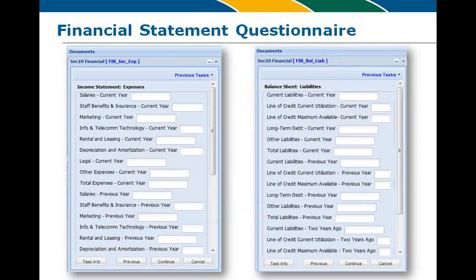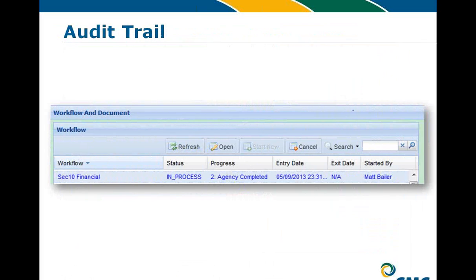This is an example of a questionnaire that you can design within our portal, so that in addition to uploading the hard copy of the document, you can ask your vendors to put the contents that you care about into a data readable format, so that you can then have the information to do cross-vendor analyses, or put other workflow steps in place to do exception handling or escalations. Everything that you put into this portal